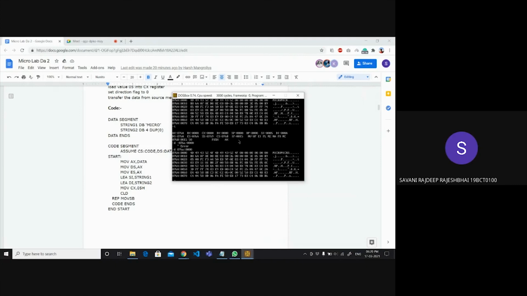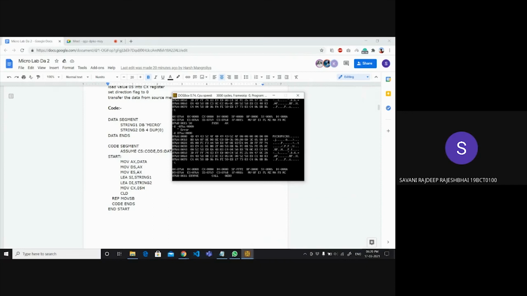That is how the code works, copying one string from one location to another location. And the code ends.